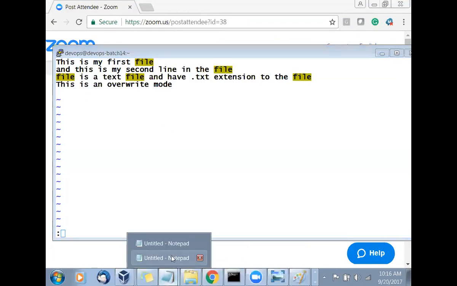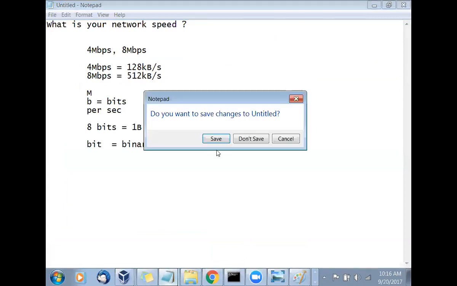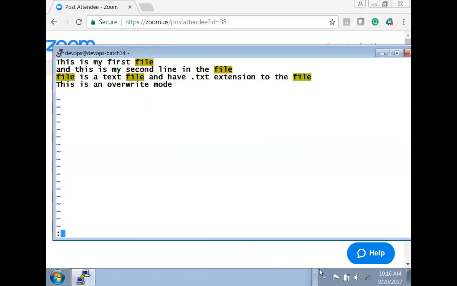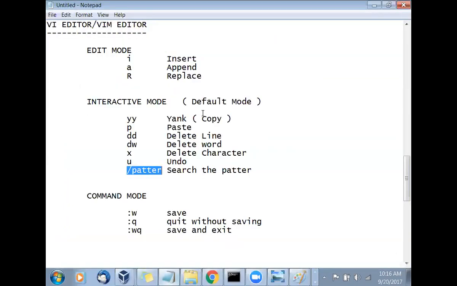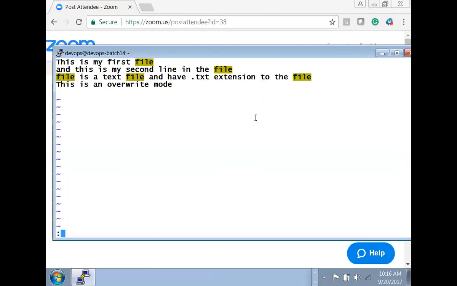I will get rid of this file. We don't need this, so that way it will easily help us. So here, the third mode is command. You should be in the interactive mode first, then only you can go into the command mode. Now I want to save that. If I don't know which mode I am in, what do I have to do?